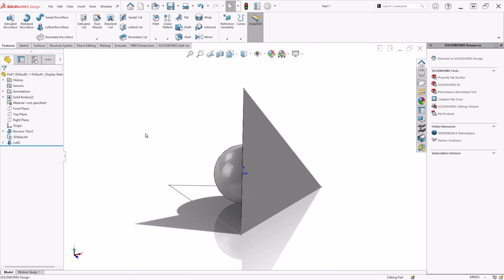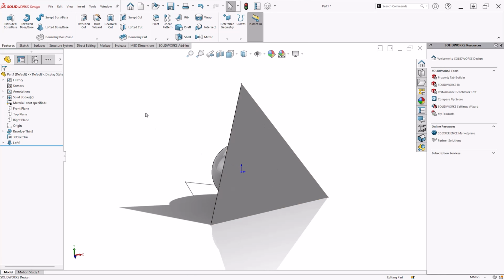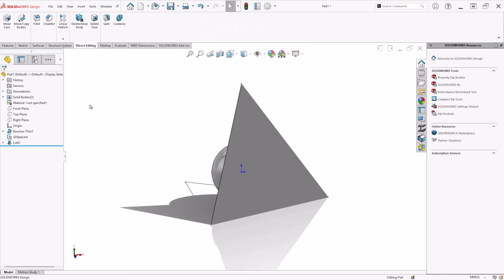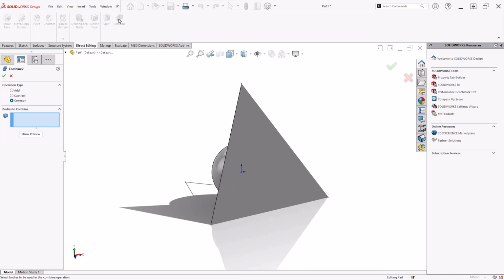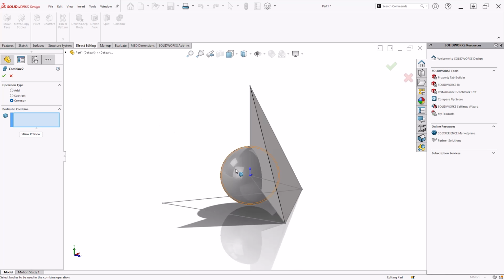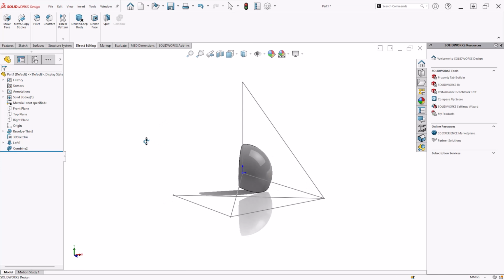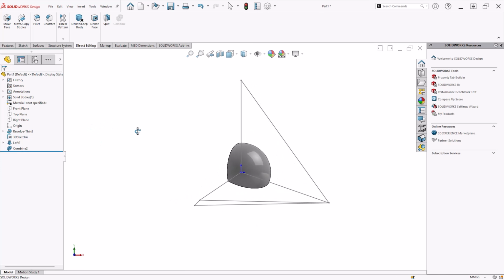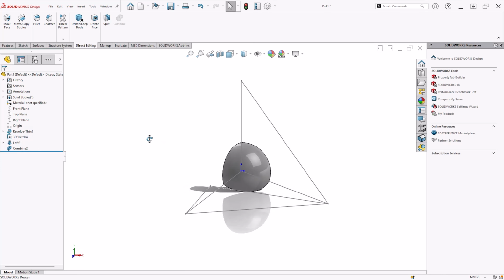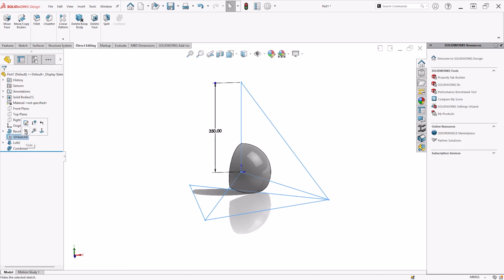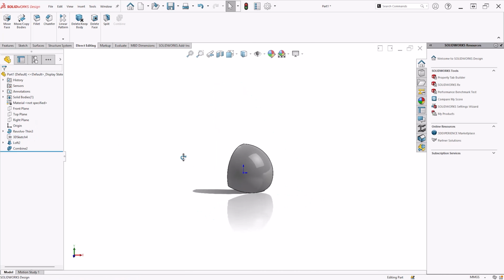Now I've got my 2 volumes. I need to create just the one body that shows the quarter here, so I'm going to use the combine command. That's why I like this direct editing tab, because it's got a bunch of really handy little things in here like move bodies and so on, and indeed combine. I'm going to look for the common material, where this body and this body both exist, and if I do that, we have our basic profile in here. I think this sketch we will hide away.